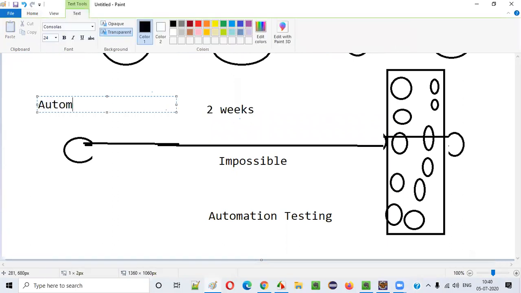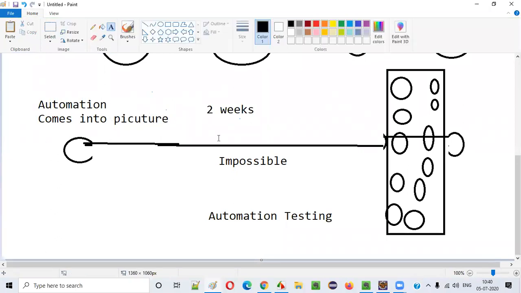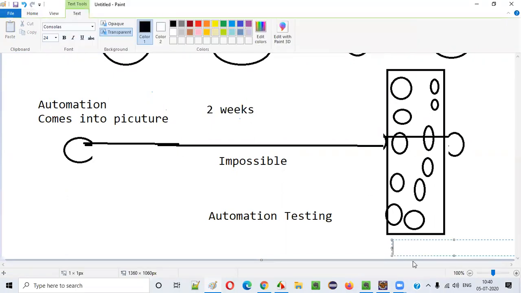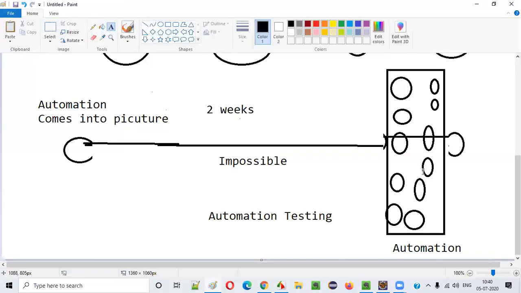It's very useful, guys. Automation comes into the picture here, where we'll automate all our existing functionality related regression tasks, and whatever things are new will be manually tested. By the end of the sprint, not only will you be manually testing all these new scenarios, you'll also be automating. For the next sprint we'll have the next list of automation tests ready, right?